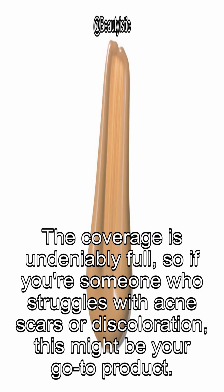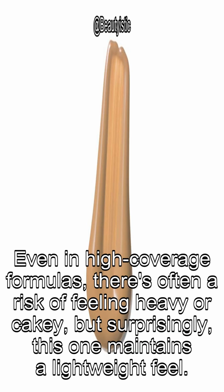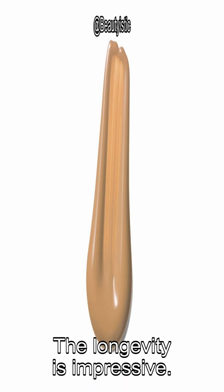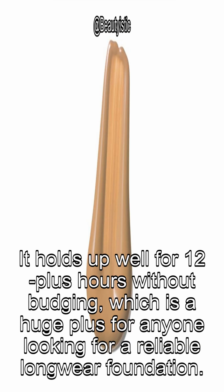The coverage is undeniably full, so if you're someone who struggles with acne scars or discoloration, this might be your go-to product. Even in high coverage formulas, there's often a risk of feeling heavy or cakey, but surprisingly, this one maintains a lightweight feel. I tested this product during my daily routine, both for a typical workday and for a night out. The longevity is impressive. It holds up well for 12+ hours without budging, which is a huge plus for anyone looking for a reliable